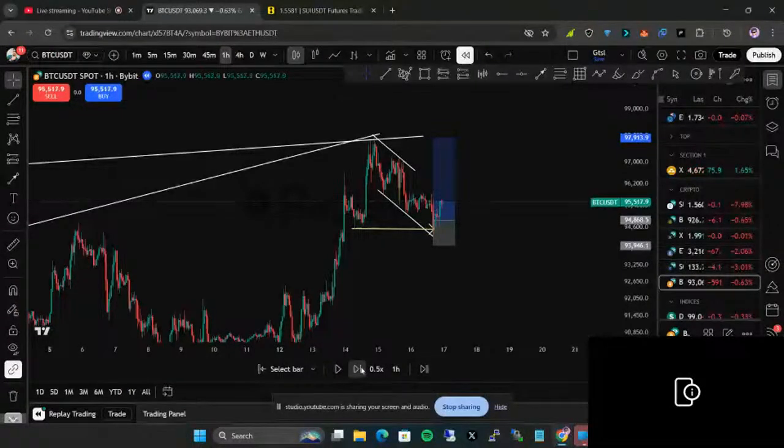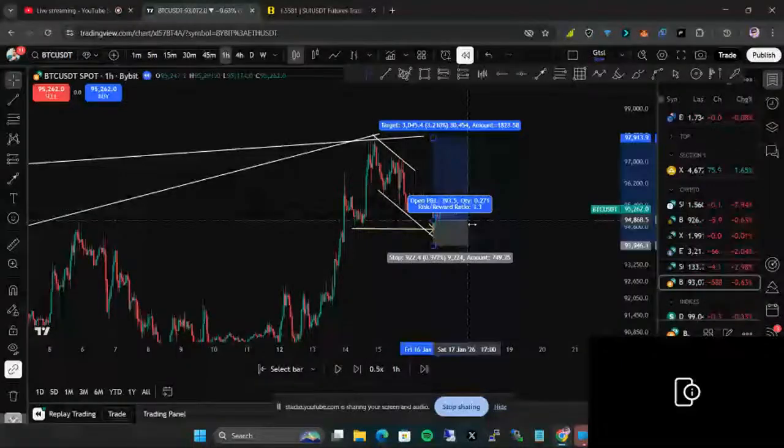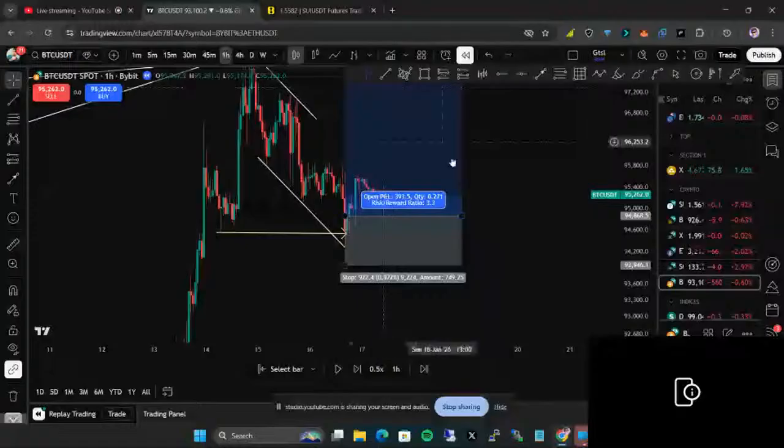We will keep playing, and you can see there is not much impulsive movement right there. So you'll be having this, and if you pay close attention to this,